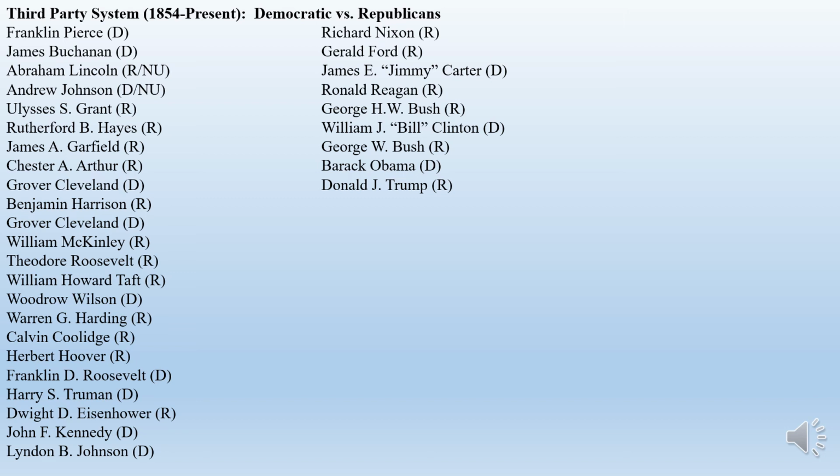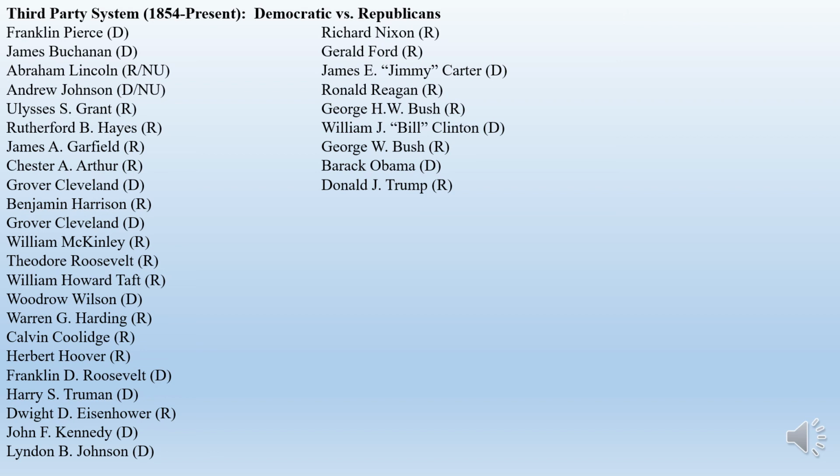Now, in 1864, Lincoln is running for re-election. He is not given the Republican nomination, and so he will found his own political party called the National Union Party. That's why you see NU behind him. This is essentially the Lincoln Republican Party. He chooses as his vice president Andrew Johnson, a Democrat. This is a National Union Republican and Democratic ticket, and they win in 1864. Lincoln is re-inaugurated in 1865, and obviously he dies.